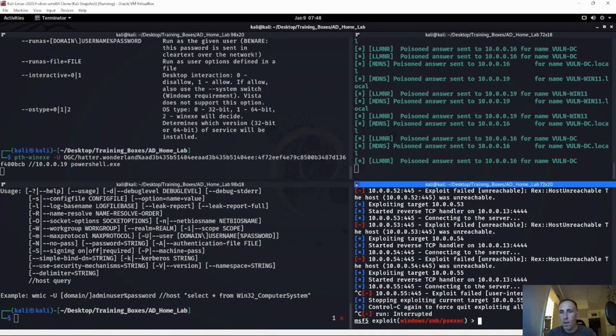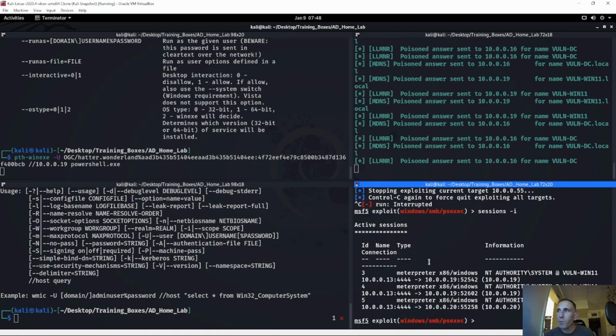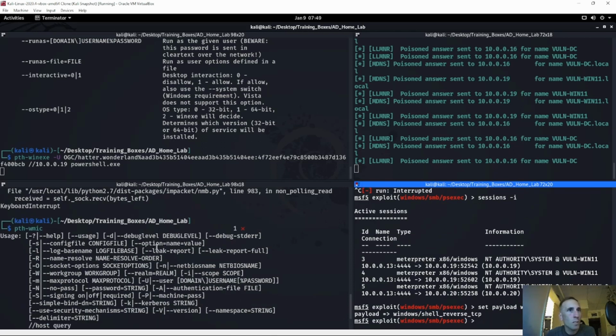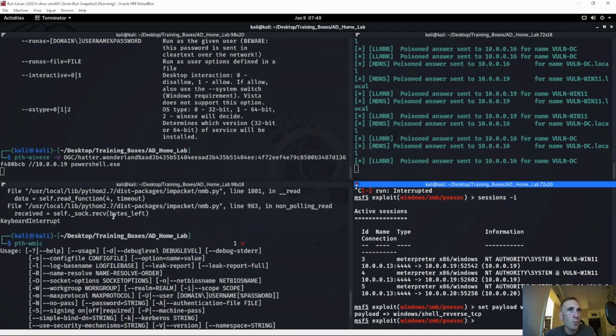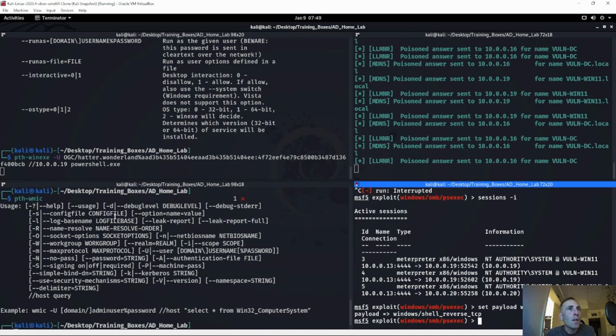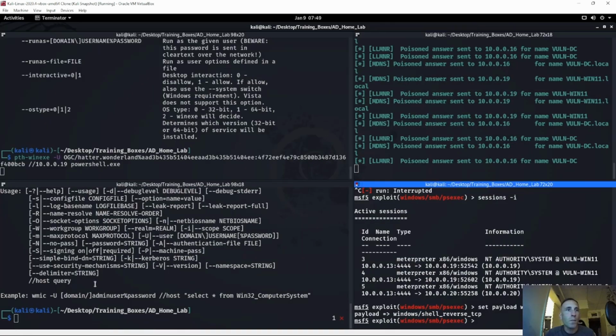Okay. Sessions. Did it actually keep those sessions? And it does. Cool. So we got sessions on 19 and 20, obviously, right? So we have an interpreter session, and another interpreter session over here. Now we could always set that payload also. We could always set the payload to Windows shell reverse TCP, in case the interpreter is getting picked up. Or we could just use this psexec.py that I have there. Now, this guy right here wants us to do a pass the hash WMIC,